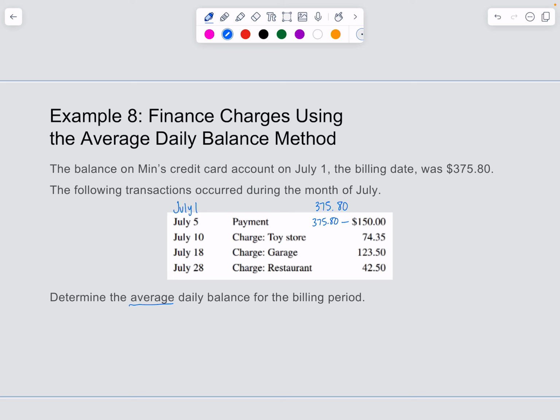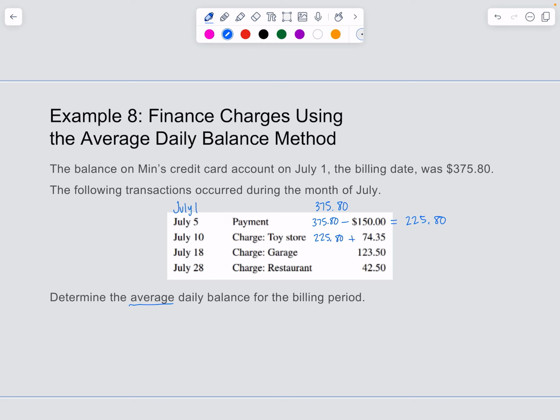$375.80 minus $150 gives us $225.80. So basically we're finding out, okay, after that, how much is in your account? We're doing an account balance for Min right now. On July 10th, she still owes $225.80,